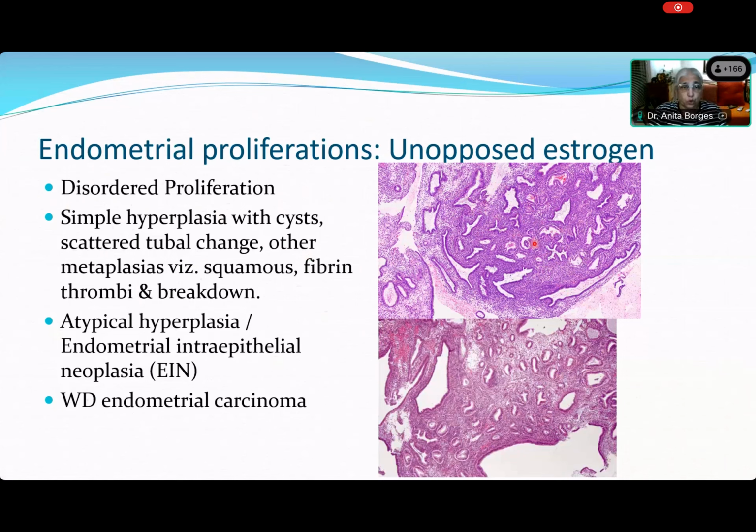Remember, there are no spiral arterioles. If this goes on for longer periods, over 20 days, 25 days, etc., before bleeding starts, you can get atypical hyperplasia, which I think is synonymous with endometrial intraepithelial neoplasia, also known as EIN. Or if it goes on for even longer, then it can transform into a well-differentiated endometrial carcinoma. So one thing is certain, from here to here, it's all estrogen. There is nothing else but estrogen in the system, and it is estrogen that causes proliferation. It leads to all of these different kinds of proliferation, all the way up to well-differentiated endometrial carcinoma. So well-differentiated endometrial carcinoma is also an effect of unopposed estrogen acting for a long time on the endometrium.